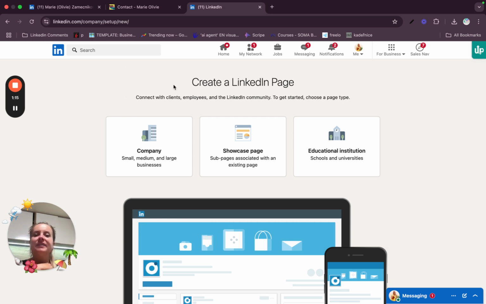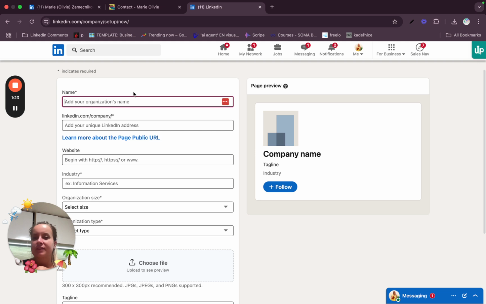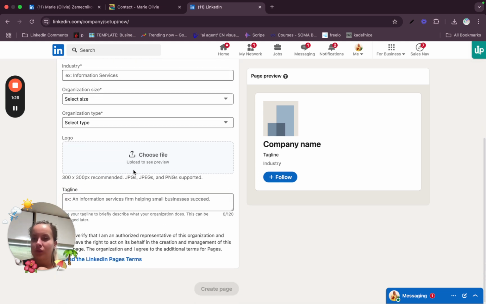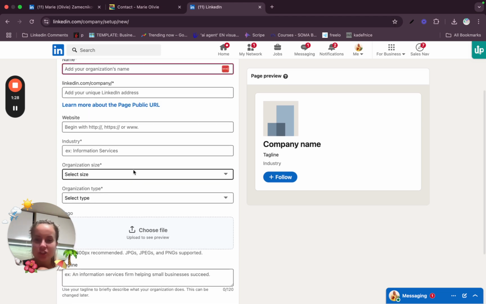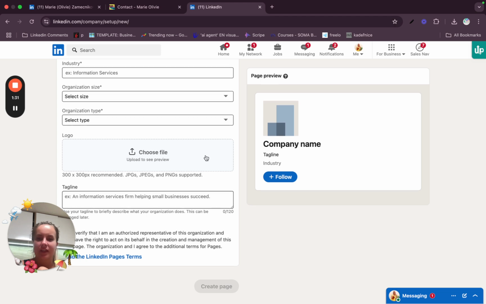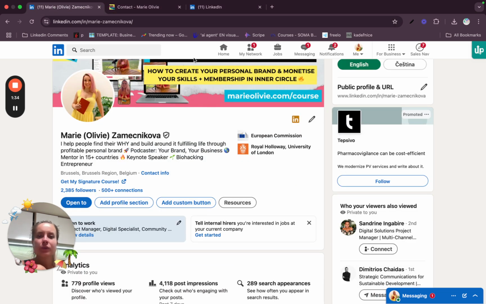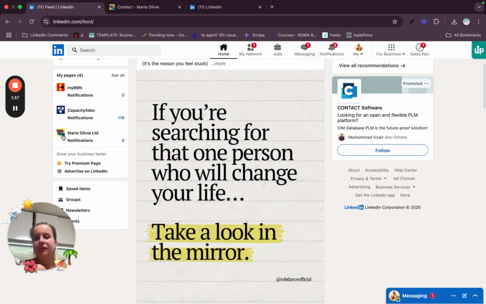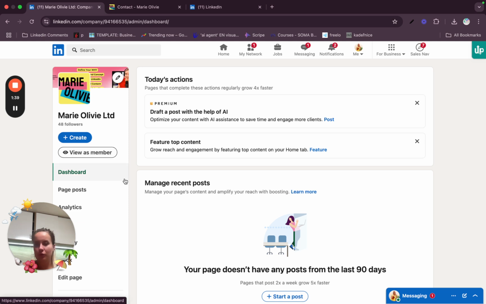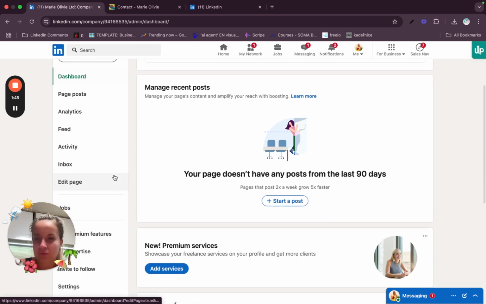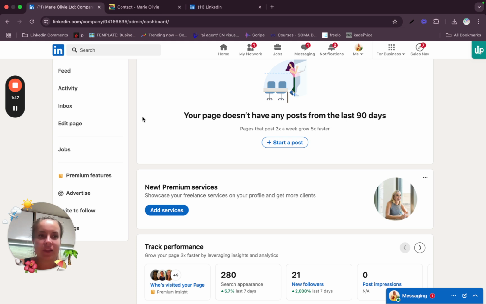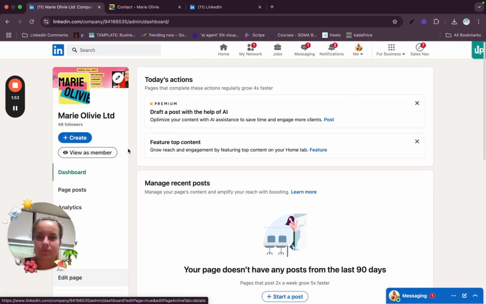linkedin.com/company/setup/new, and here you can actually create your LinkedIn page. So you, for example, click here on the company and you just simply fill out all of the details about your organization, and then you just click on create page. How does it look like is that I usually go to home here and go to my company page, and it will look very similar like this. So you will have your non-profit organization then set on LinkedIn, and it will be really interesting for your impact